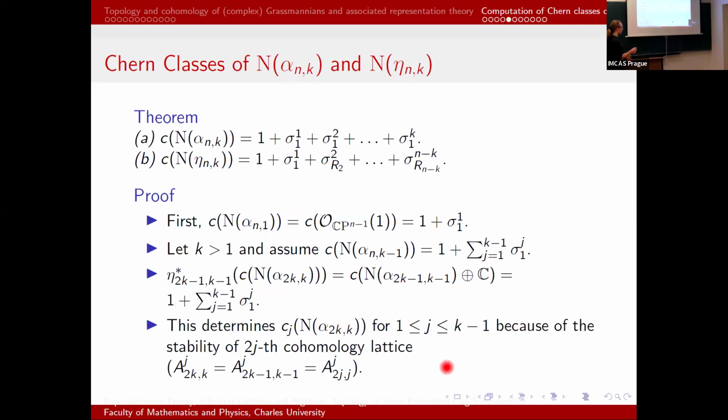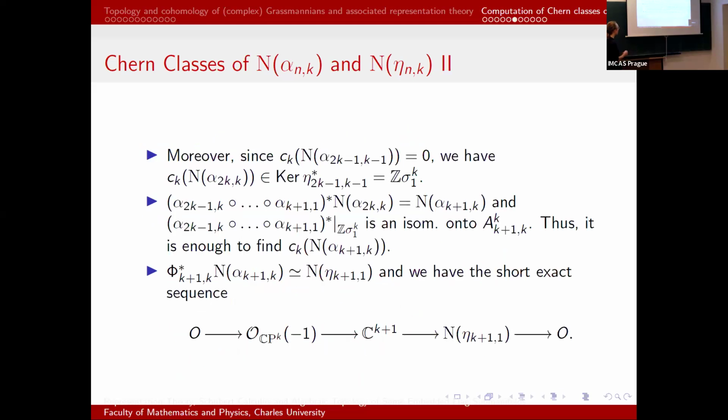So the map eta*_{2k-1,k-1} is an isomorphism for the cohomologies in degrees 2, 4 up to 2k minus 2. So we have already determined the first k minus 1 Chern classes of n alpha_{2k,k}, and